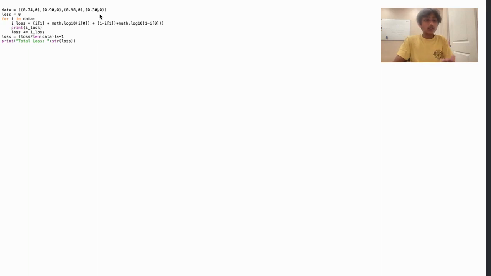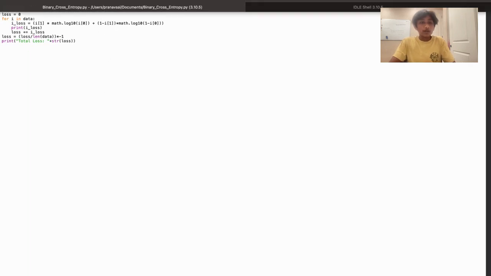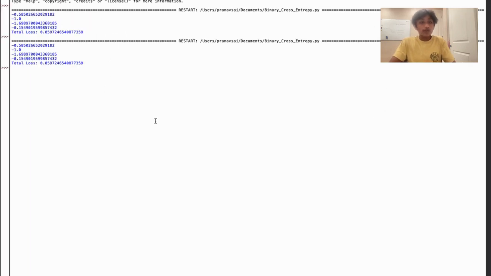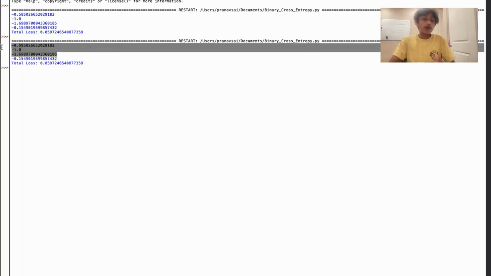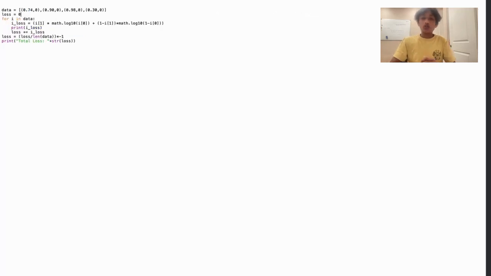And now 30, that's more accurate than the others. At least that's actually predicting the right value, right? So you can see that we got outputs as 0.85. For this, you can see the loss was less, but for the other ones, it's a lot more. Now, one thing I didn't mention on the whiteboard is that's why we use binary cross entropy